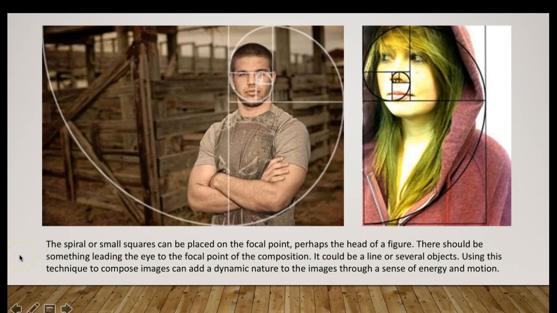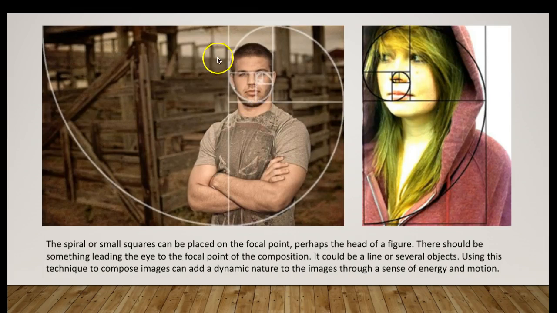The spiral or small squares can be placed on the focal point. Perhaps the head of a figure or the eye of a figure. There should be something leading the eye to the focal point of the composition. It could be a line or several objects. Using this technique to compose images can add a dynamic nature to the images through a sense of energy and